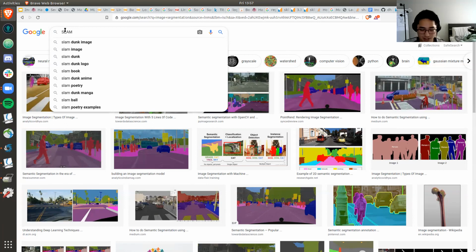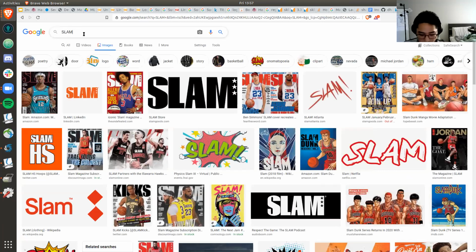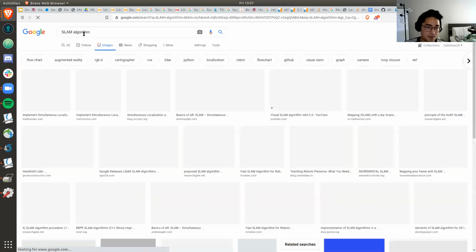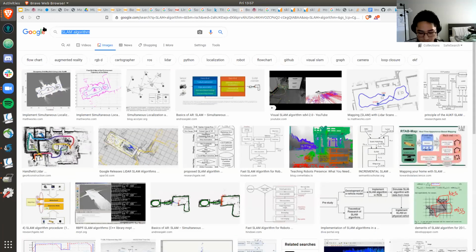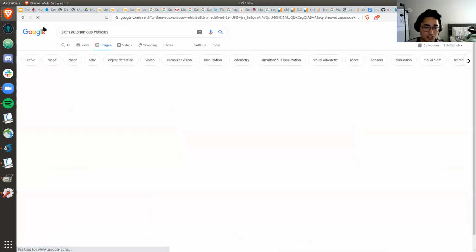You should stop. Another cool thing that I actually talked about with my colleagues is the SLAM algorithm, which is basically used in autonomous vehicles, and SLAM stands for simultaneous localization and mapping.